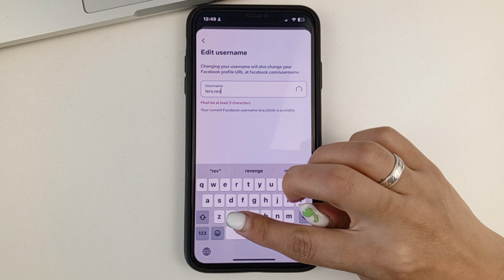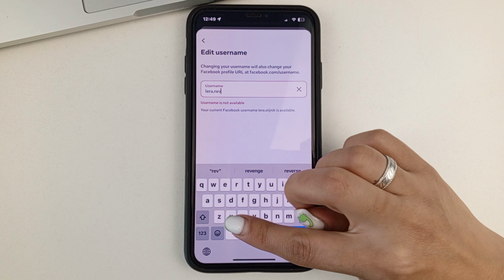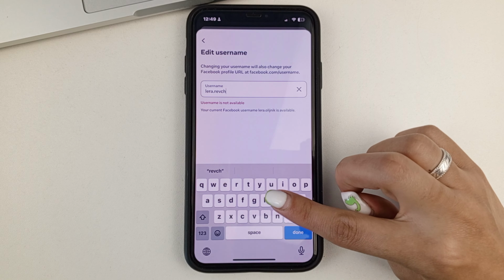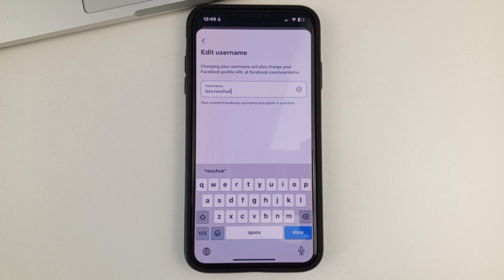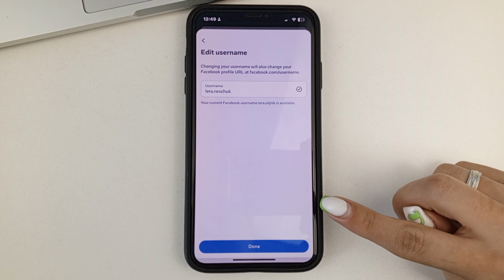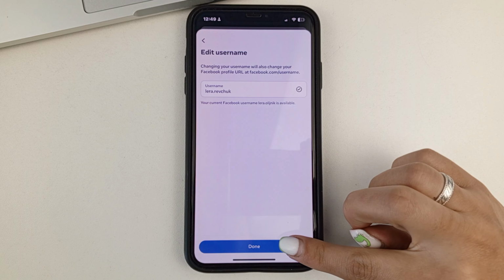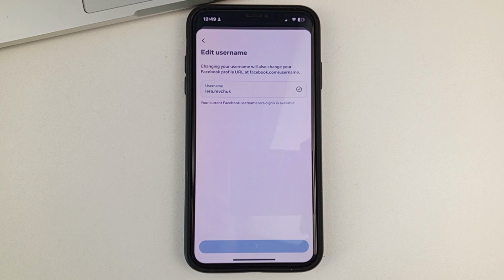And now you'll need to change what you want to change. Once you have entered the appropriate changes, click Done. And then again. And this way, you will immediately change your Facebook profile link.